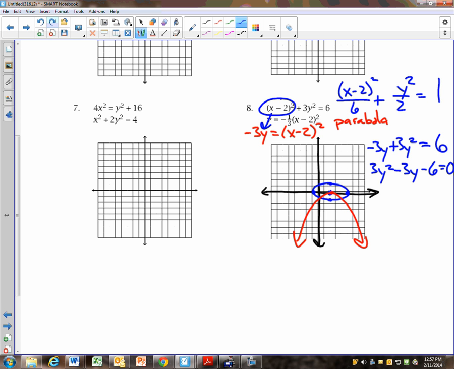Now what? Factor out a 3. y squared minus y minus 2. Does y squared minus y minus 2 factor? To what? y plus 1, y minus 2. So I have solutions of